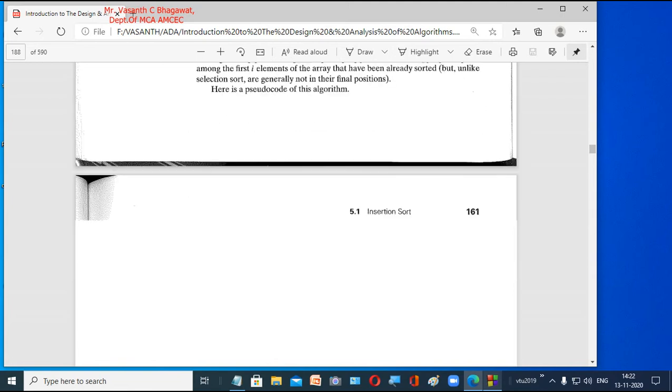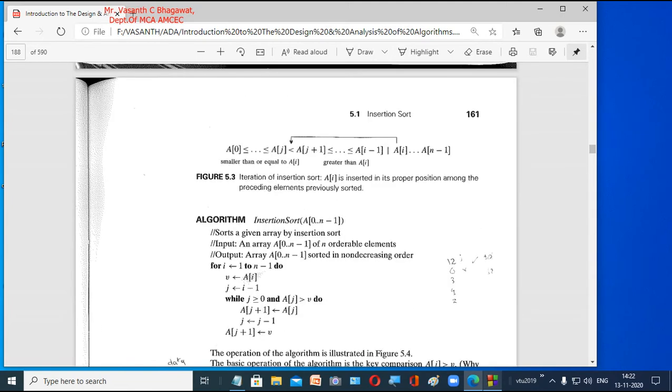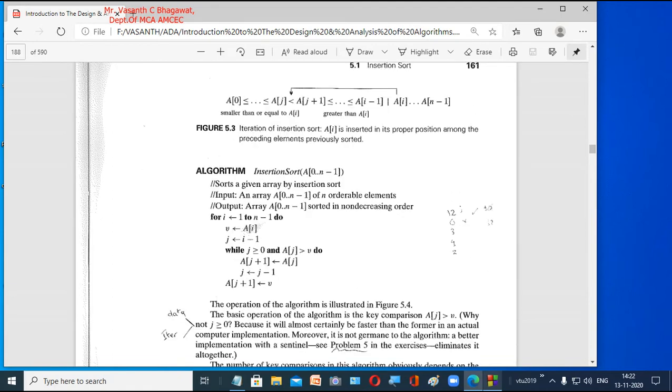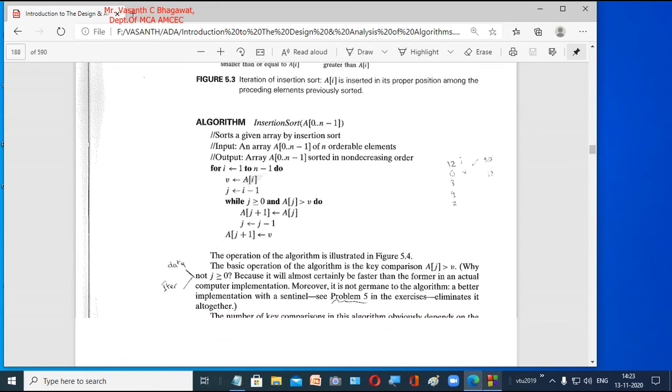Okay, so if we come to our algorithm, we have already discussed this in detail in our theory classes. How is this insertion sort algorithm designed? Assume that in our array A, from the first element to the (i minus 1)th element, it is already sorted. Now when you pick one element, you are going to insert it in its exact position by comparing it with the previous elements. That was the basic idea.